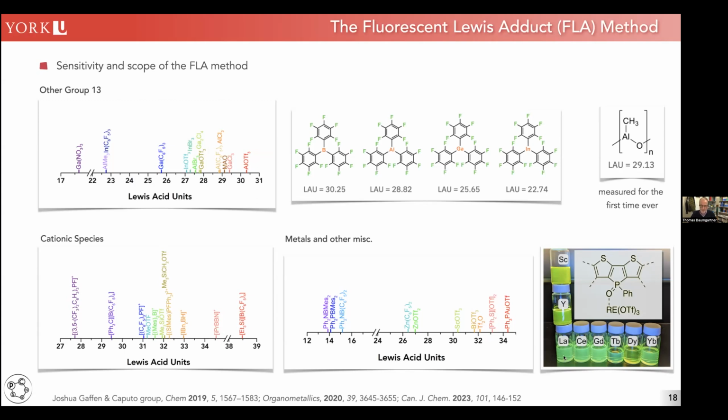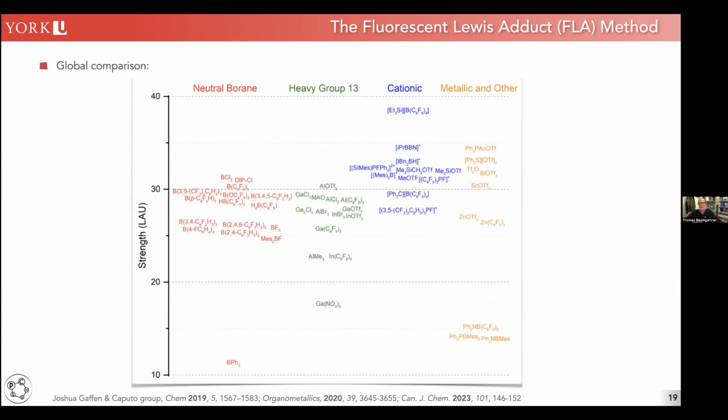So it's a very sensitive method. And ultimately, we can put it all on the same scale, and this is something that has never been done before. The Gutmann-Beckett method fails when you're comparing main group elements with metallic ones. Sometimes you don't get a good NMR signal, but our method now allows us to compare a gold(I) species with boron trifluoride or with gallium nitride. This is the same scale, so we can correlate all of them, and it works reasonably well across many of them. Ultimately, we've done that now for over 60, and that all makes sense quite nicely.